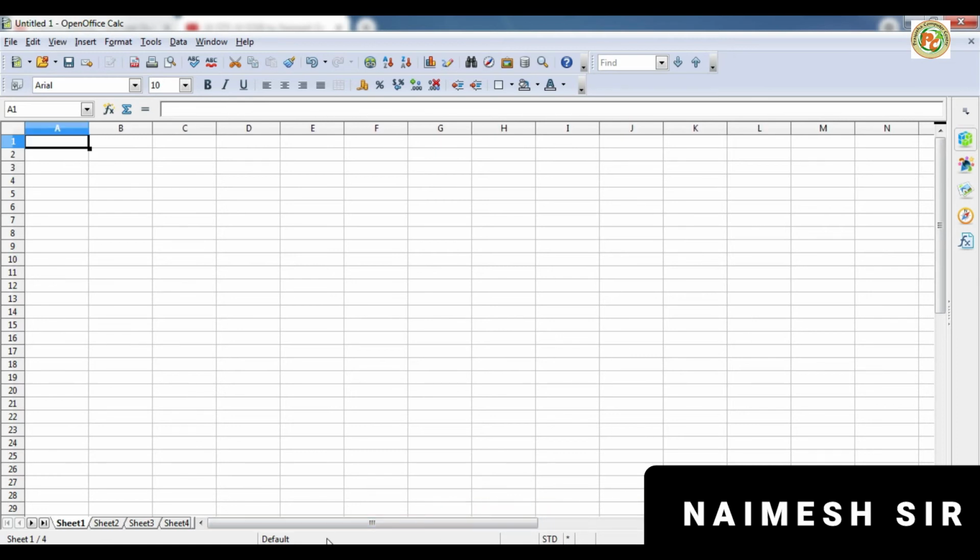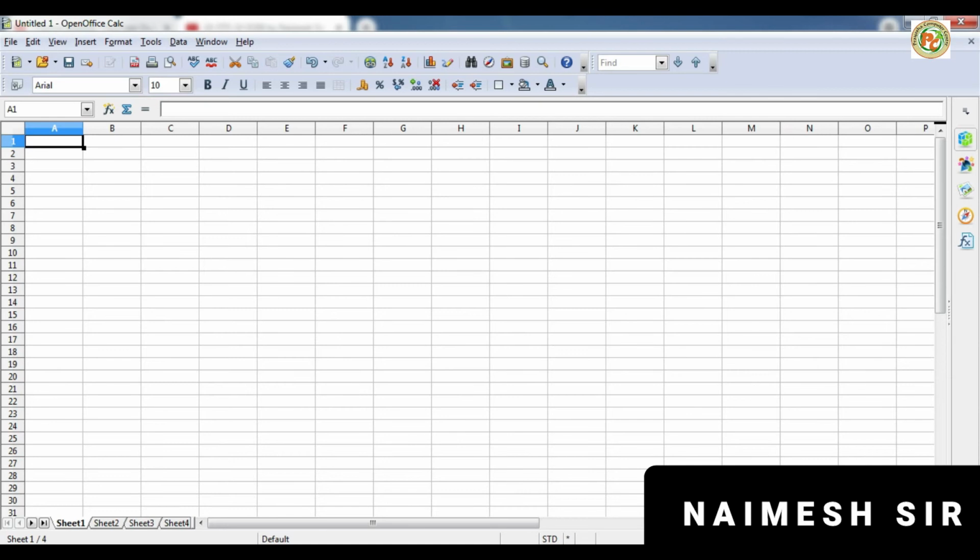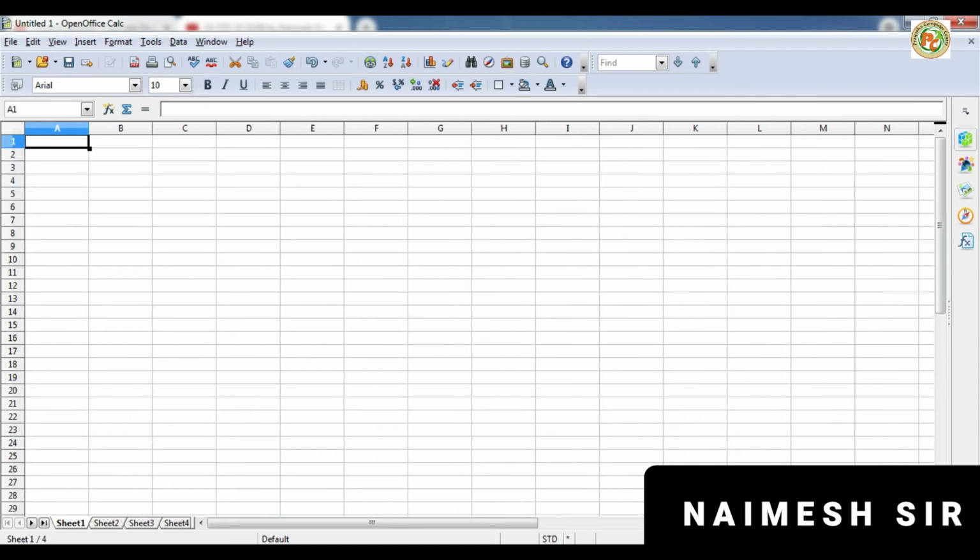Okay, now after that we have a status bar. It shows the number of sheets here. We are working on number 1 out of 4, and then it is showing the default language, and then we haven't saved this, so it is showing the star. If we save our work, then it will be removed. Then we can increase or decrease the zoom, zoom out and zoom in here. Okay, like this. So this is the introduction of the window of the Calc software. Okay, and then these are the different options, and all the tools we have already learned.